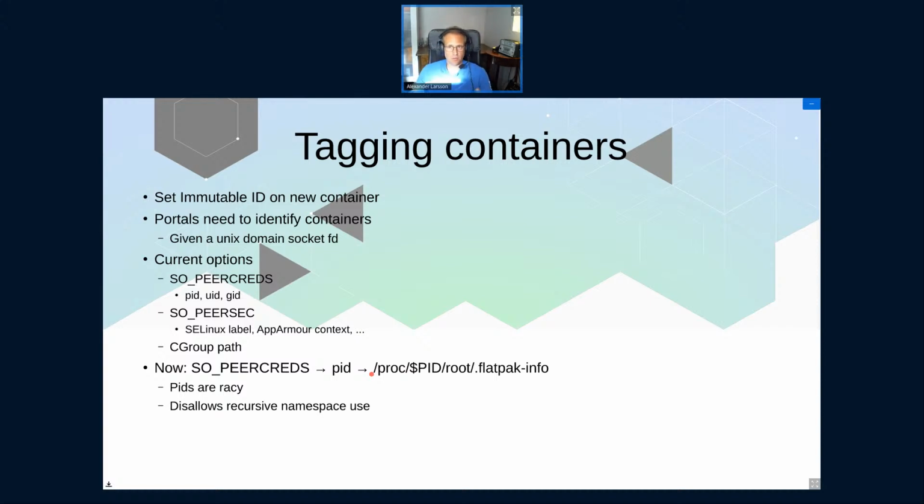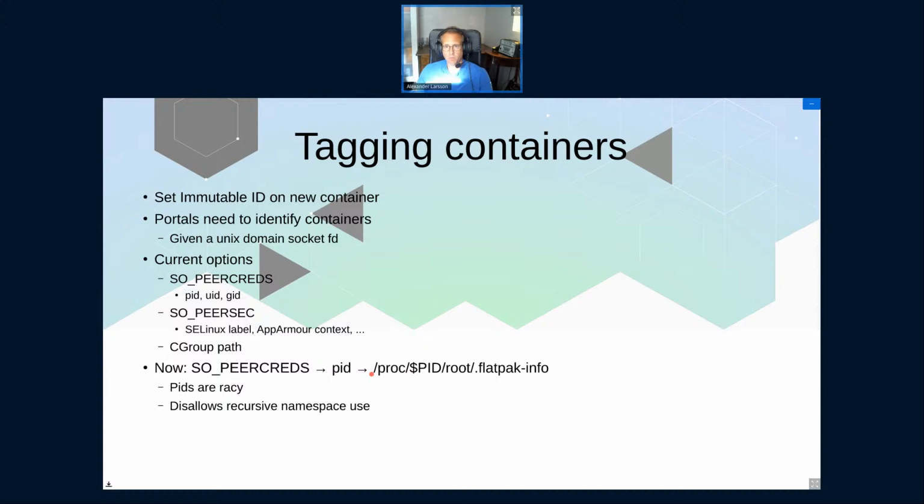If the app talks to a portal, the portal can get back this tag. And the only real ways to do this right now are SO_PEERCRED, SO_PEERSEC, and the cgroup path. And of these, really only SO_PEERCRED works well enough.